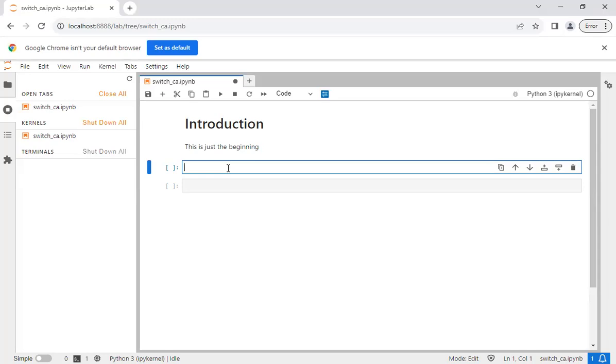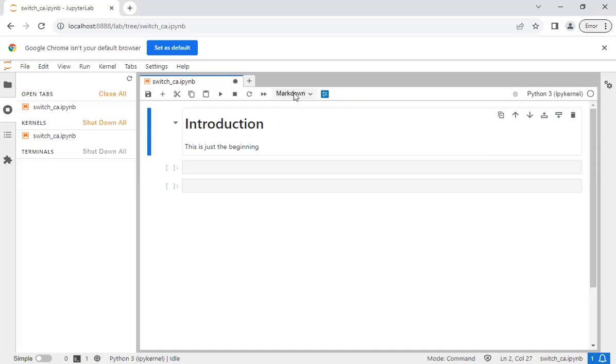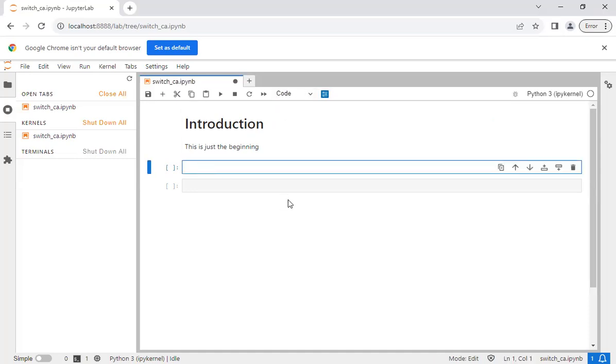When I write a code here, I can execute the code because I'm in a code cell. For you to know that you're in a code cell, when you click on this cell, you see that code is here. When I click on this cell, you see that markdown is here to tell you that this cell is a markdown cell. Okay. And then today I'm going to focus solely on the basics, which governs everything we'll be doing